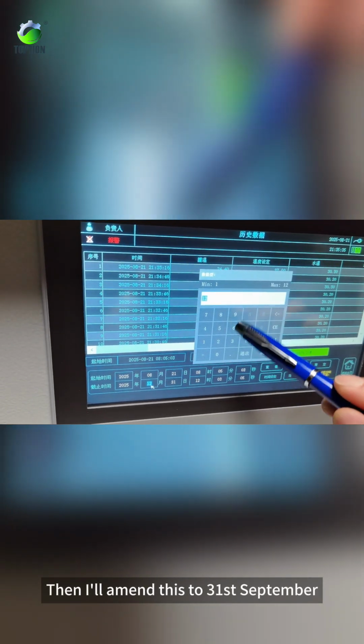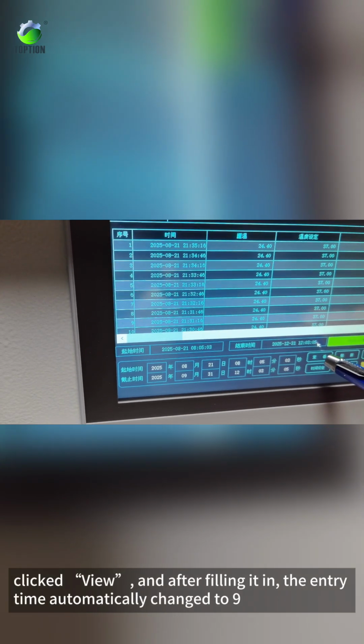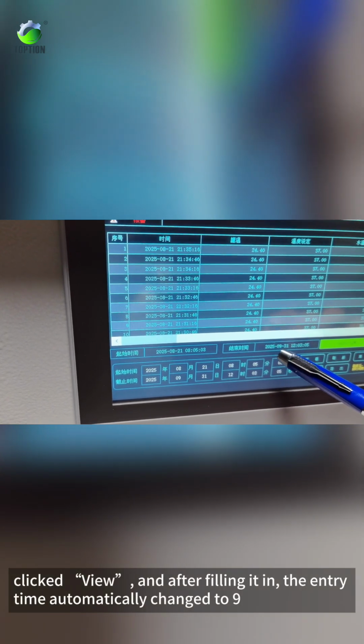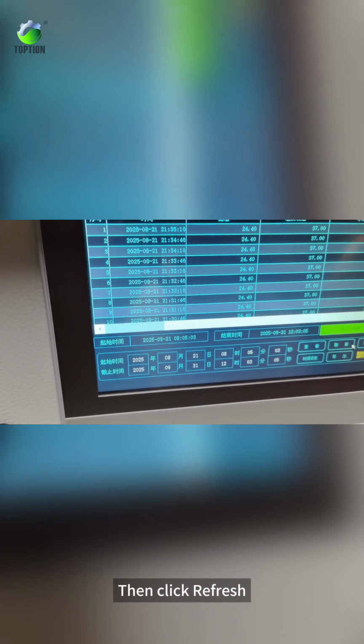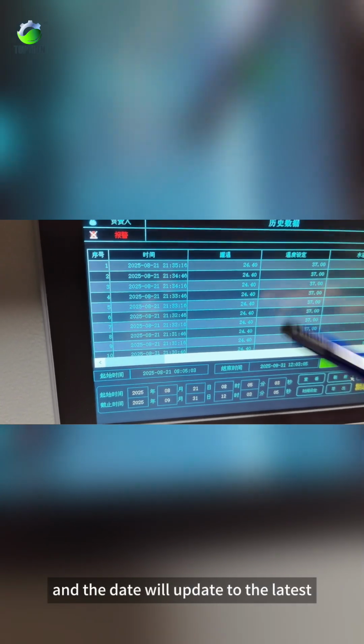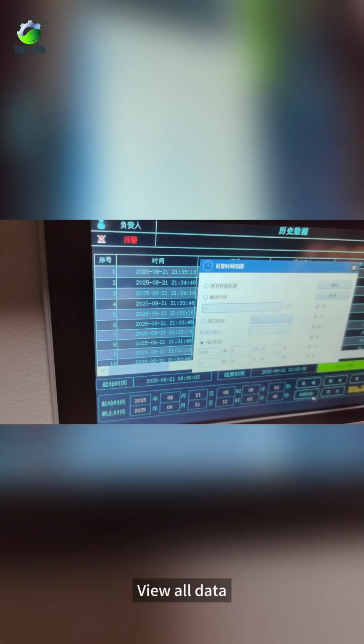Then I'll amend this to the 31st of September. Clicked View, and after filling it in, the entry time automatically changed to 9. Then click Refresh, and the date will update to the latest. You can also adjust its time. View all data,